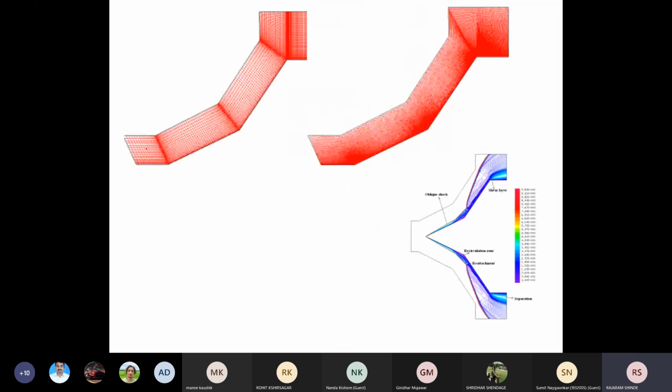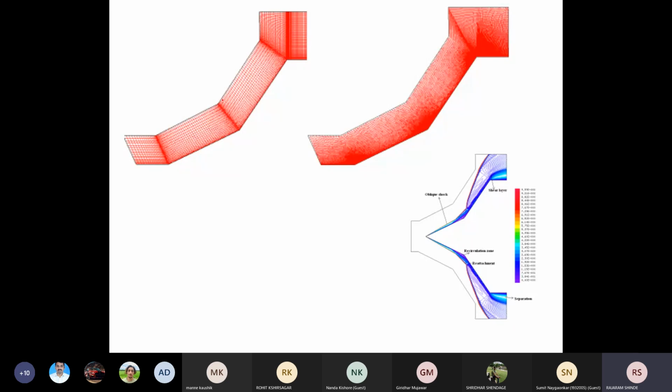You see here, these are the structured grids. Now these are the bigger grids and these are the smaller grids. Okay, here there may be some inflation layers near the wall. And after that, inside this we have flow properties. Okay, now this is discretization and grid generation. This step is discretization and grid generation.